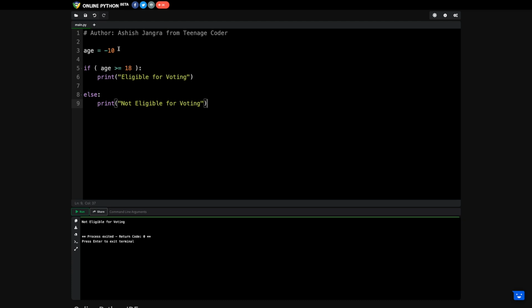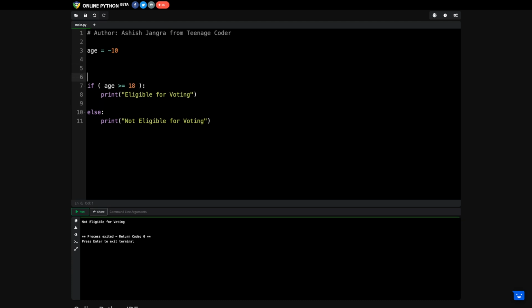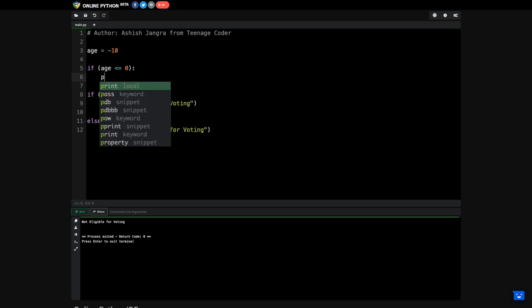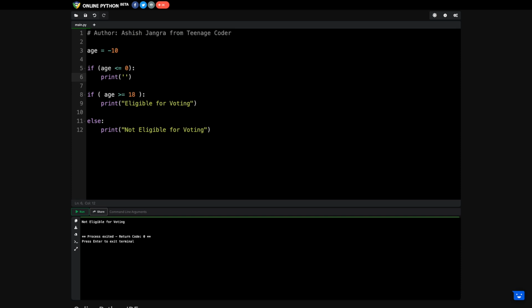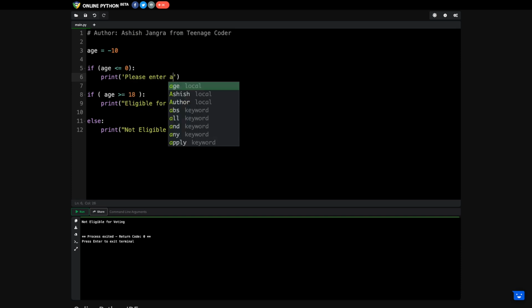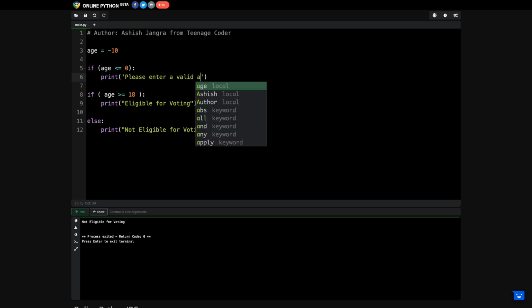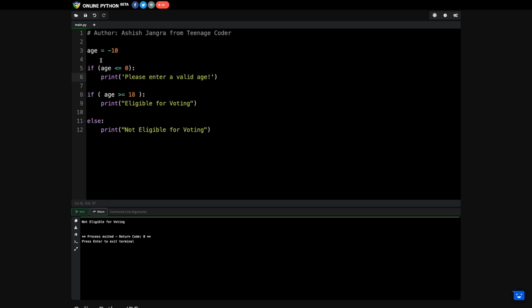So for this particular case, what I will write in the beginning, let's check if the age is less than 0. If the age is less than 0 or even equal to 0, I will print that please enter a valid age, right?